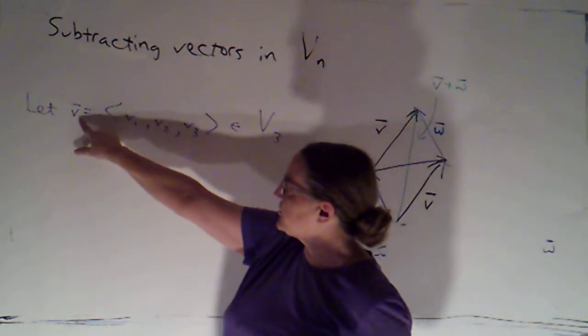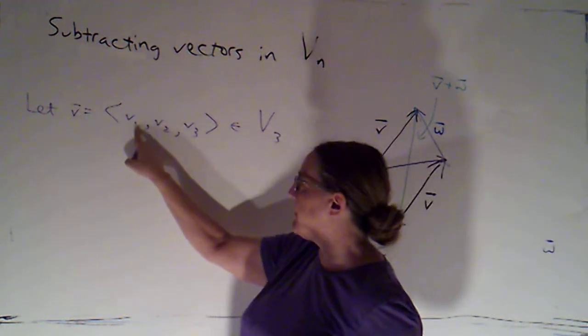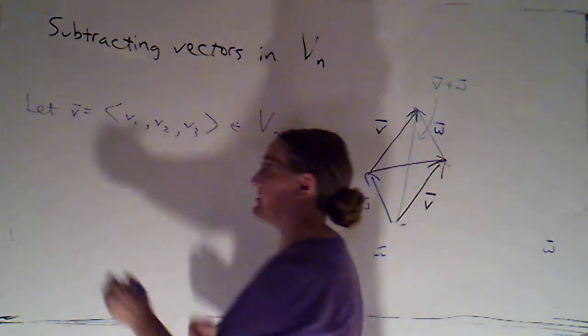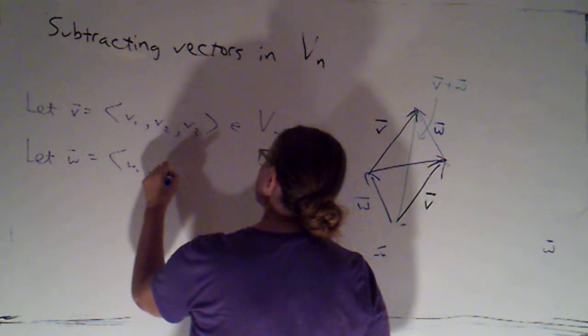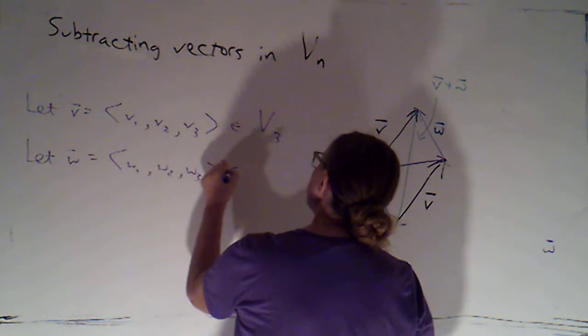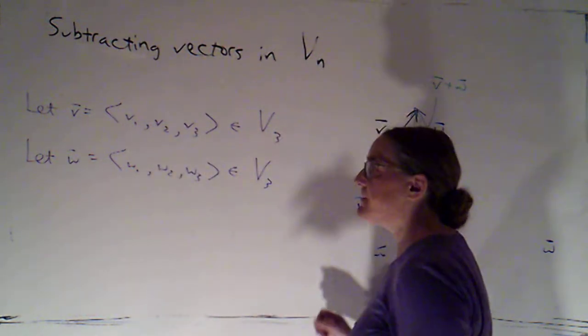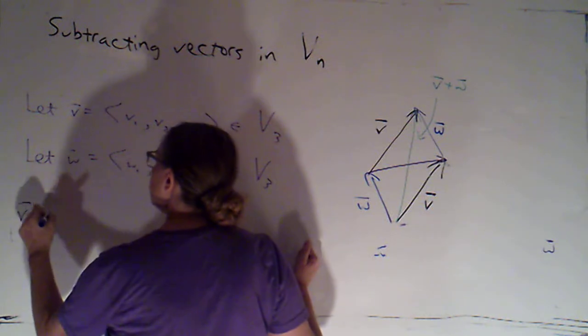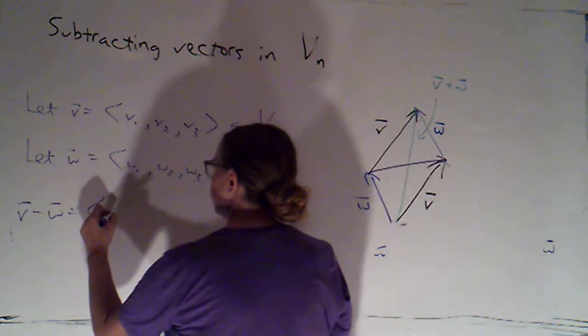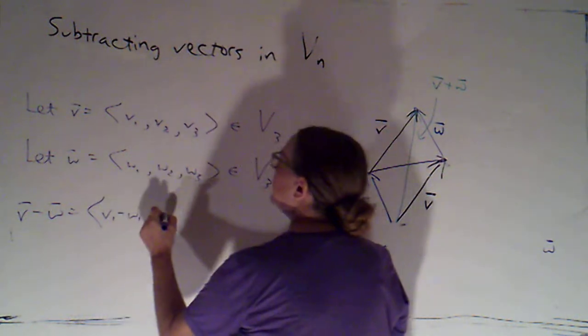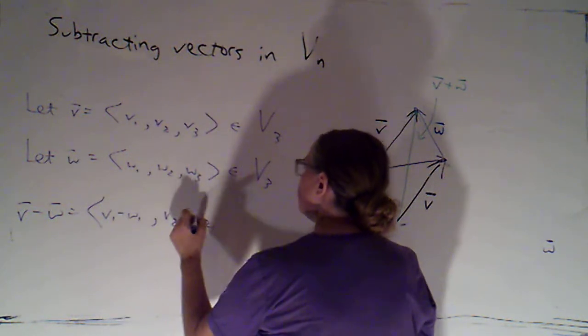Again, notice the vector has a bar over it. The components, which are just numbers, do not. We'll let W be W1, W2, W3. That's also in V3. And then V minus W, we just subtract like components. So it's V1 minus W1, V2 minus W2,